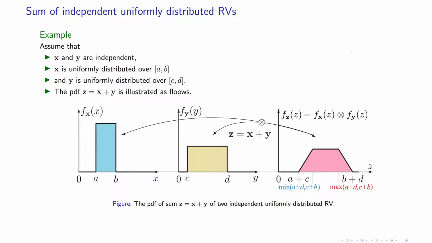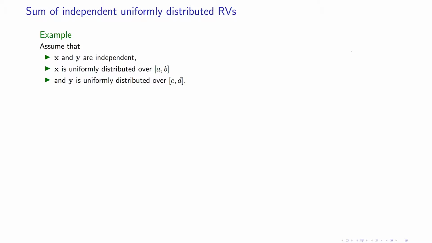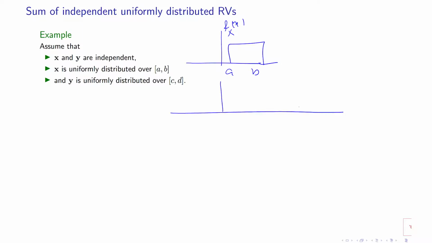So for these two, the assumption means that one of them has a distribution over a and b. This is f_X of x, and f_Y of y is a distribution between c and d. So you have another flat distribution. This area is equal to 1, and this area is also equal to 1, f_Y of y. Now, if you say Z equal to X plus Y,